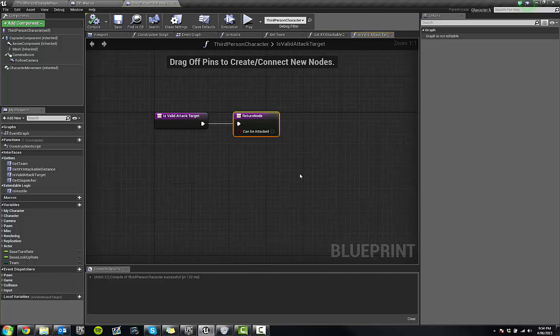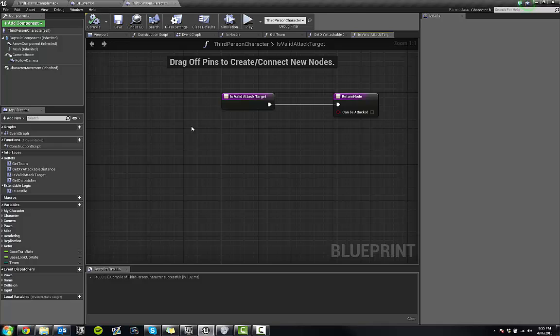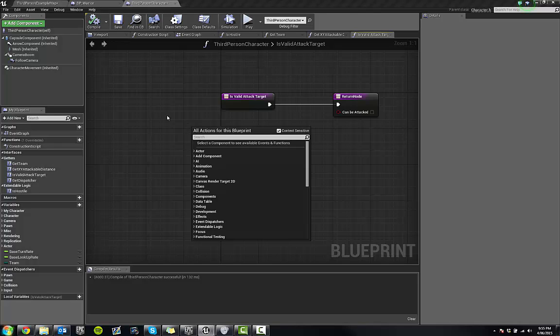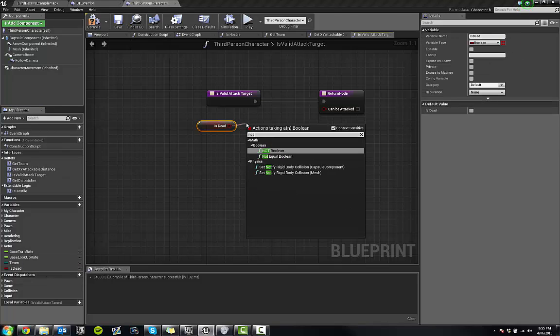Now, this is the other piece I said: Is Hostile was one check that things do when looking for a valid attack target. Is Valid Attack Target is another. Now, Is Valid Attack Target is really handy if you need an initialization value. So, for example, if you're going to spawn someone and then set up a bunch of information about them, at the end of that setup process, that's when you want to set it. So maybe here you have Is Initialized. But for example, this default character obviously has nothing set up, but as an example of something you might feed into that, is dead. The minions have this,